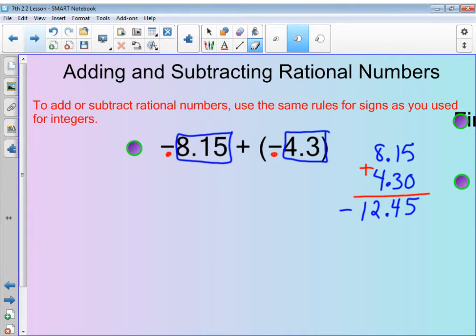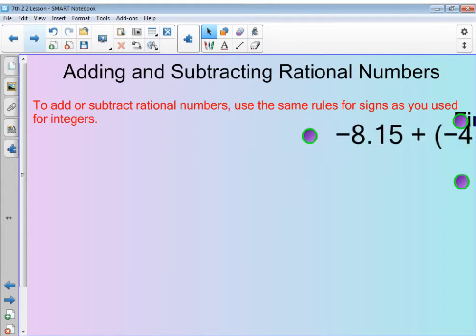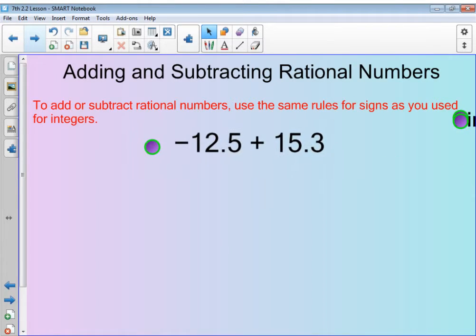Okay, so I'm going to pull one out here for you guys to try on your own. So you've got negative 12.5 and a positive 15.3. So go ahead and pause your video and work your way through this problem and then check back in a minute to see if you got your answer correct. You should have gotten a positive 2.8 on this one. Okay, so that's working with decimals. So the key